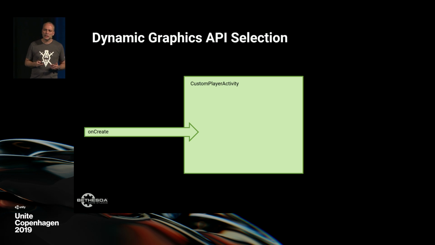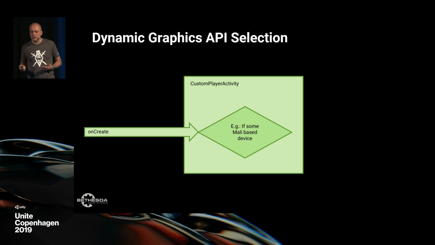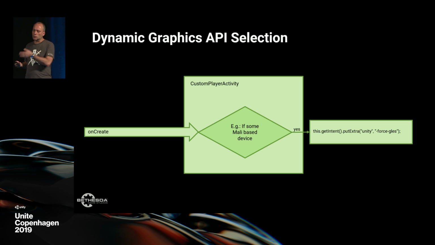When we receive control, we can verify what kind of device that is, and if it is within our list where we'd like to run OpenGL instead of, let's say, Vulkan, we would pass over a command line argument